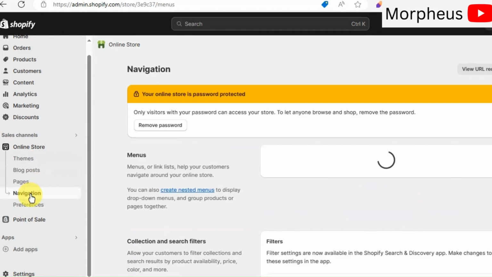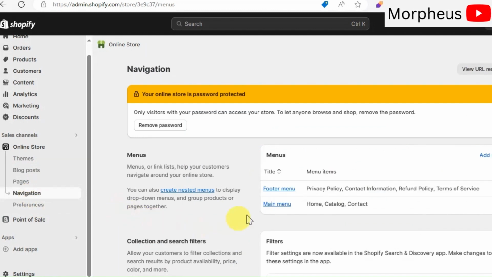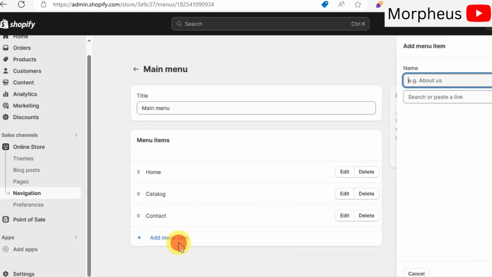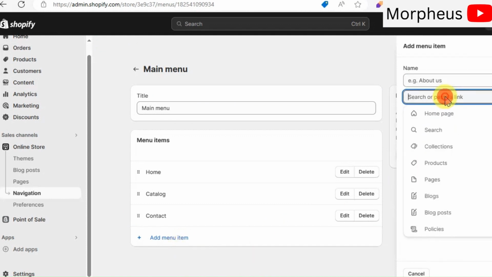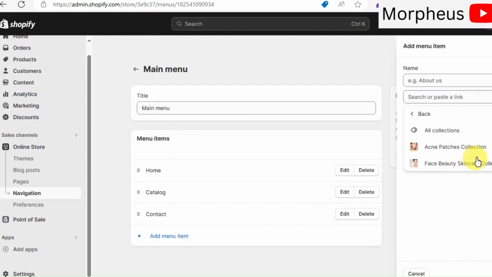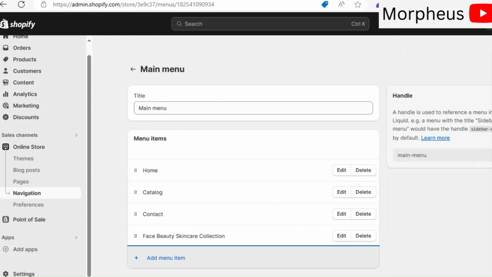Now, click on Main menu. Just like the footer menu, you can add here some useful links for your customers in your main menu. You can, for example, add links to your collection pages, links to your policies, and so on. I'm just going to add two links here to my collection.